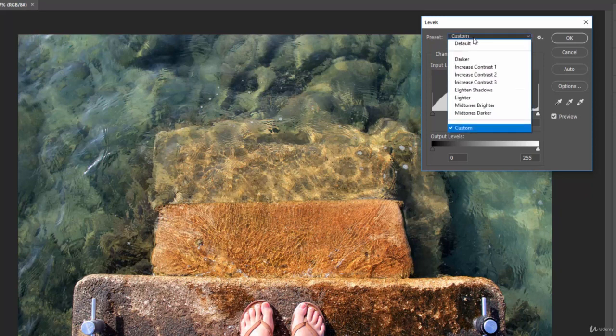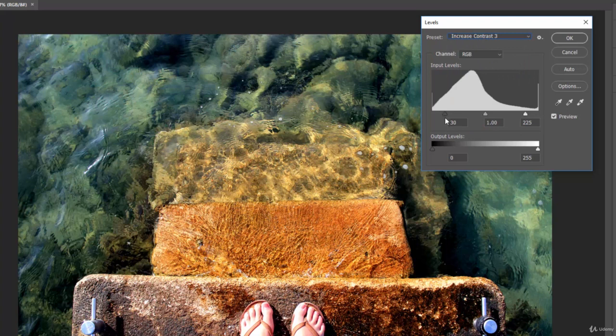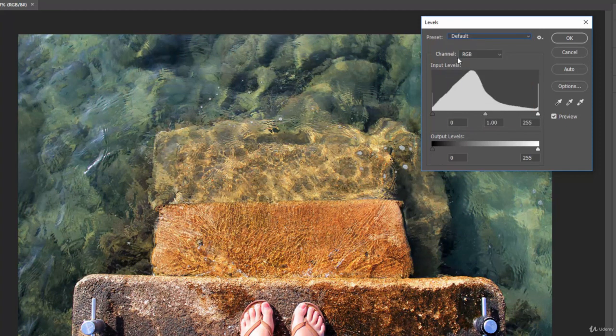There's also some presets. So again, we can click on any of these, such as darker. It's going to automatically move these up and make the image darker, or we can increase the contrast. And as we move these around, you can see the levels adjusting. So here we brought in a little more darks and a little more whites, and it made those contrast colors pop a little more, as opposed to the original that was a little more flat.